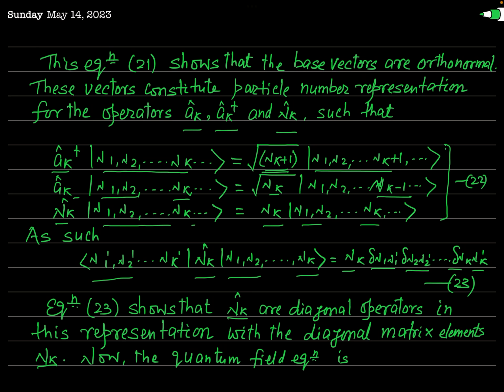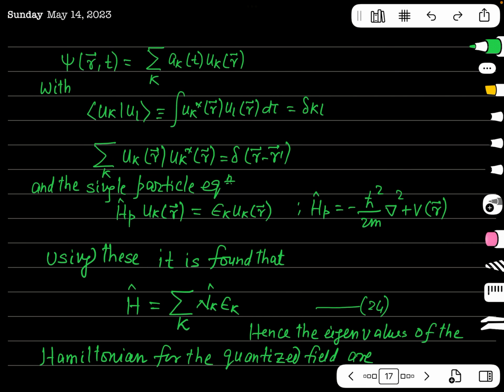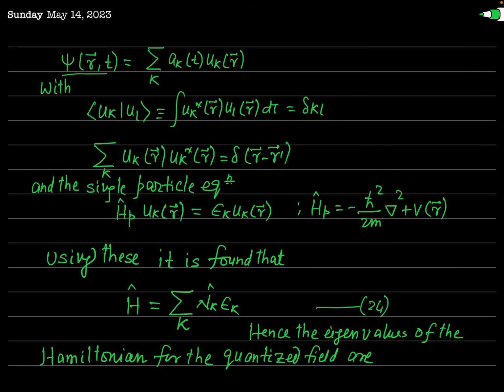Now the quantum field which we are talking about is given by this operator, psi of r,t equal to summation over k a_k of t u_k of r. This representation of psi has been discussed in the first part of the lecture, so you can remember this result. And this result holds when the scalar product of u_k and u_l